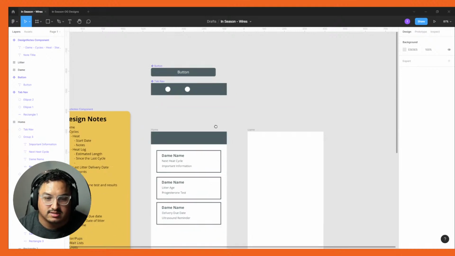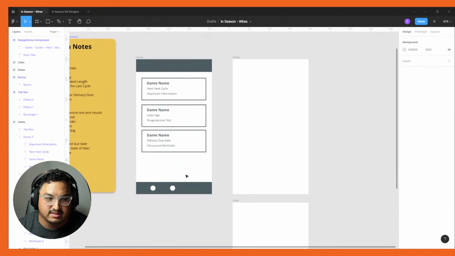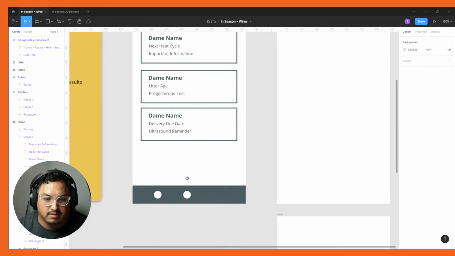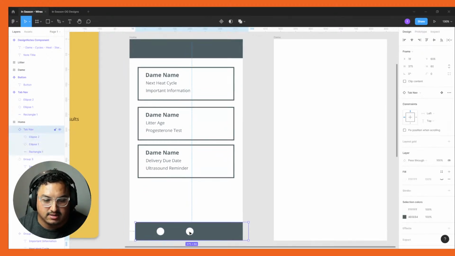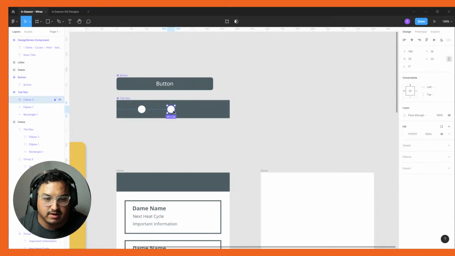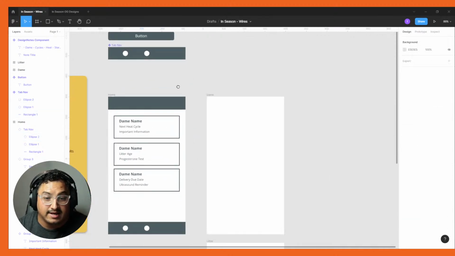So I'm trying, in my head, to decide if that is going to be the best way to split it out, so that it's like home, Dame, and then litter, current litter. Because also you could store litter information, maybe. I don't know, just to have on hand. So that's what I'm trying to figure out. This goes over here. I just don't know